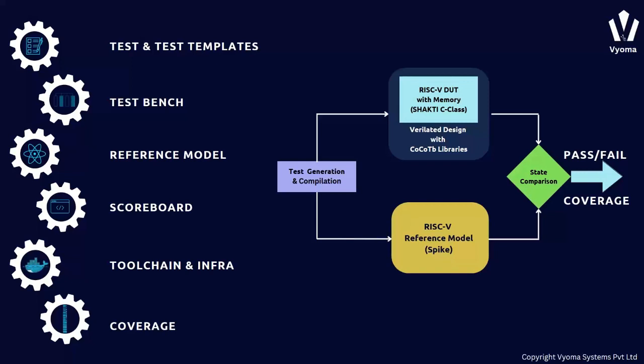For example, the processor state here refers to the general purpose registers, floating point registers, or control and status registers. These state comparisons help pass or fail the test. So this is how the whole infrastructure has been built and used by different verification teams for RISC-V